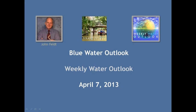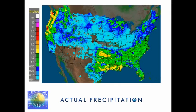This is the Blue Water Outlook, weekly water outlook for April 7th, 2013. I'm John Feldt. Well, there was some welcome rain over most of the region last week, as I was expecting. Looks like most of the area received at least a half inch of rain, and many areas as much as 2 inches of rain, and central and eastern Oklahoma certainly got welcome and water resource recharging rain with as much